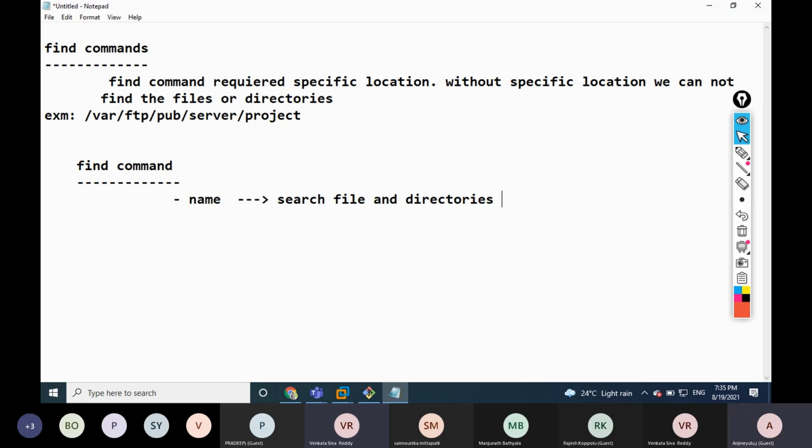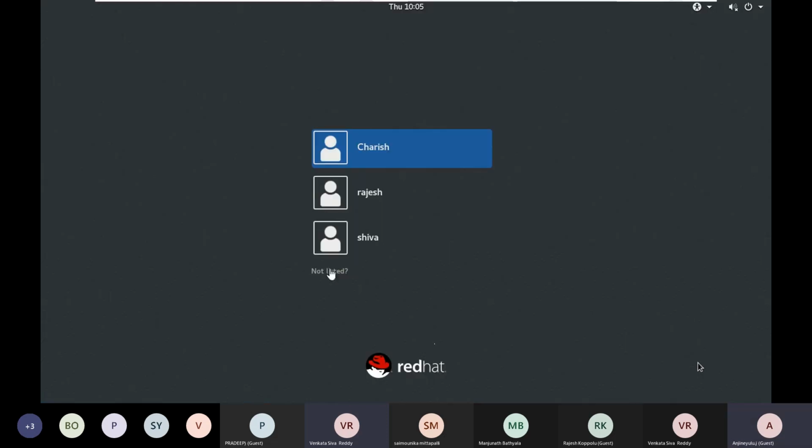We can search files and directories. For example, see.